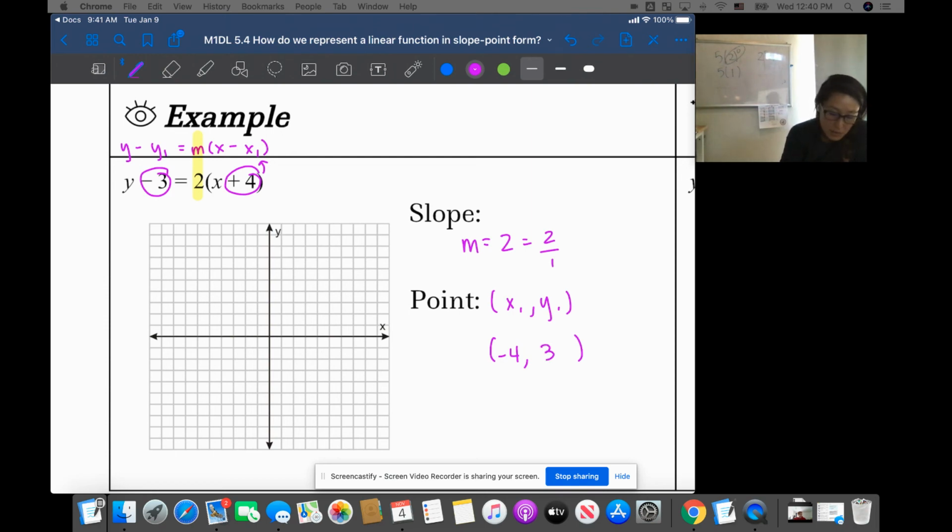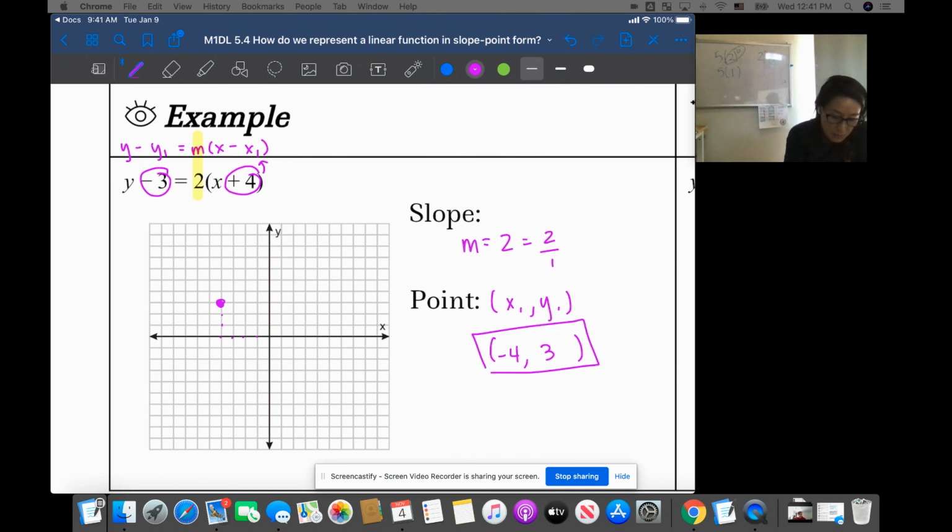Okay, so the point goes, I always start with the point. So at -4, 1, 2, 3, 4, +3. And then I count the slope from that point. You do not have to count the slope just from your y-intercept. You can count it from any point on the graph. Okay,